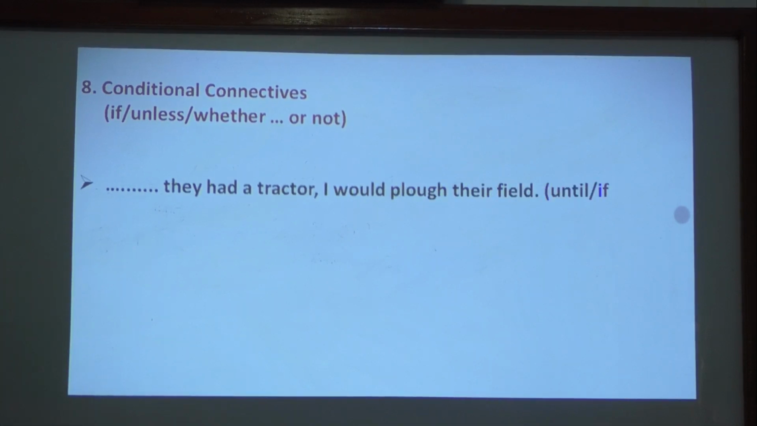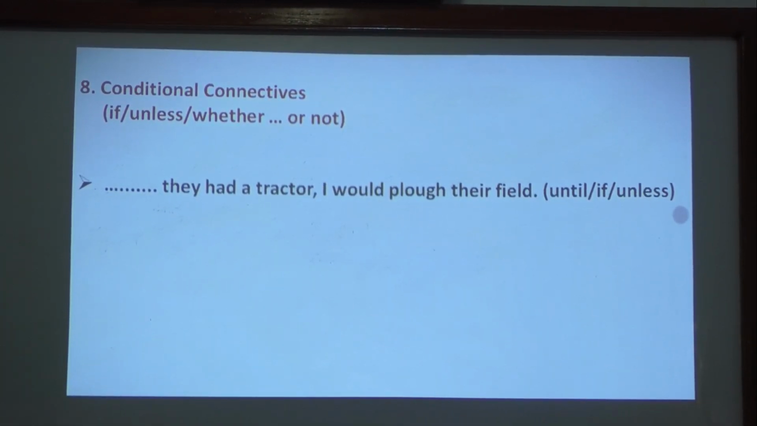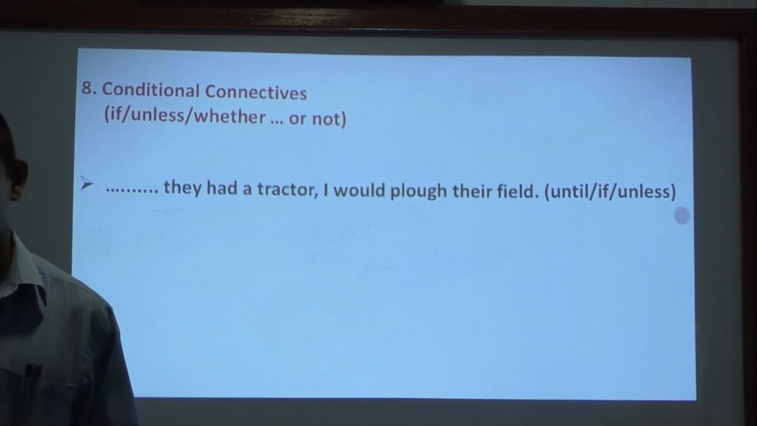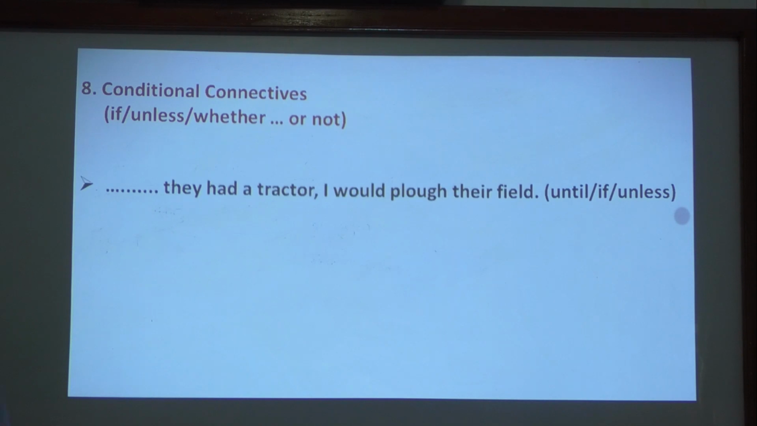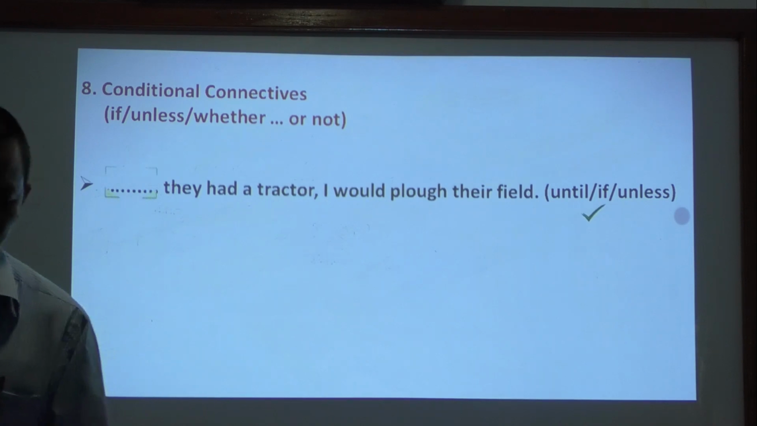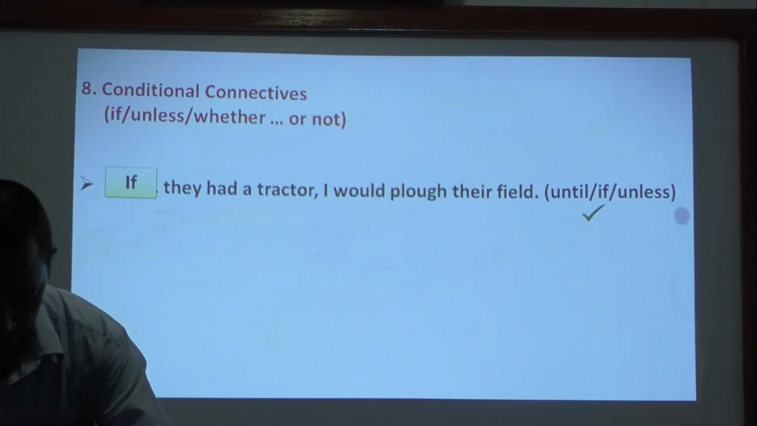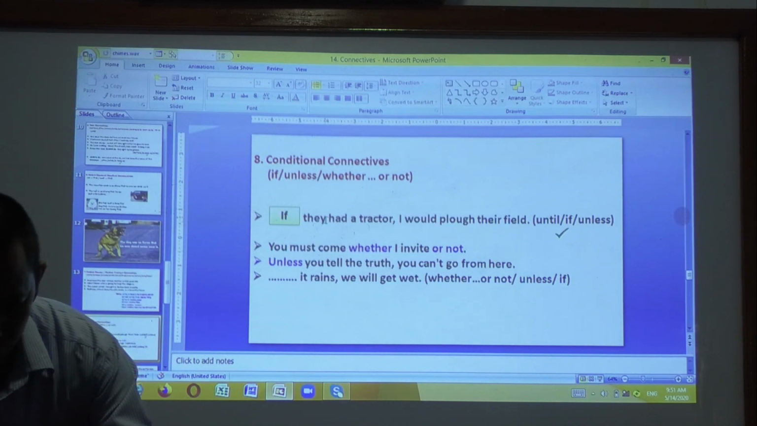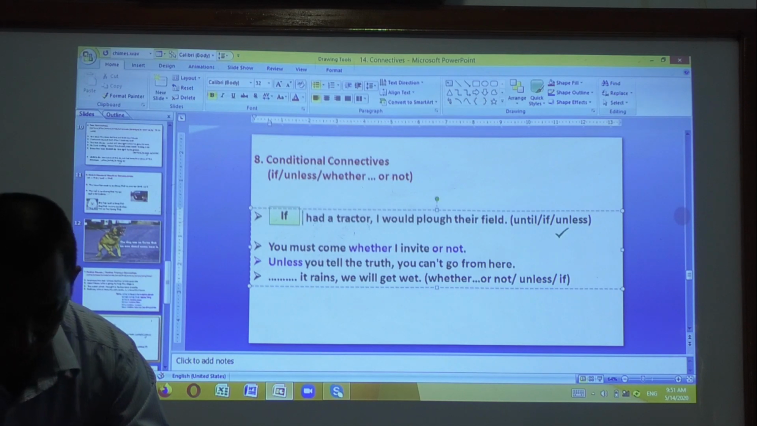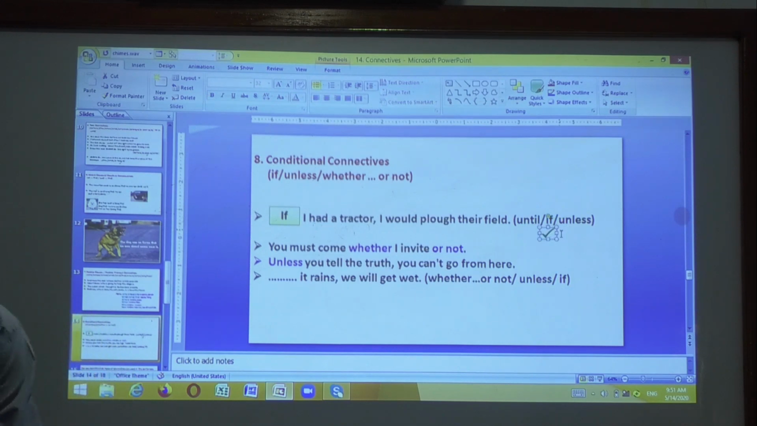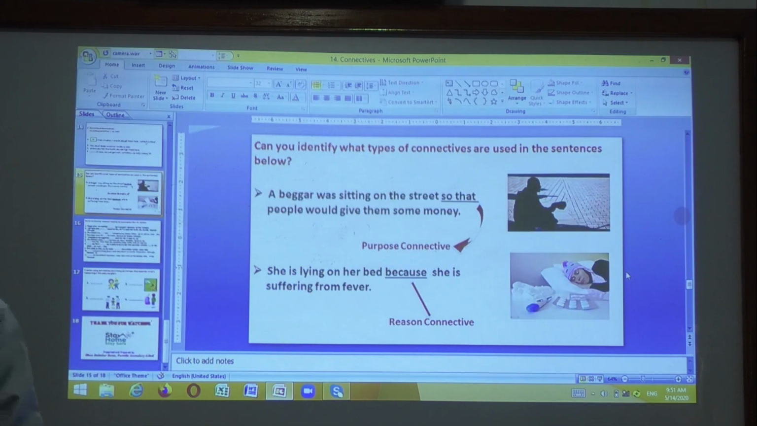Okay. Now there are other connectives like conditional connectives, such as if, unless, or whether or not. How are they used? For example, appropriate connectives. So it must be if. How to write? If they had a tractor, or if I had a tractor. Here it's better to make a correction, so let's write I. If I had a tractor, I would